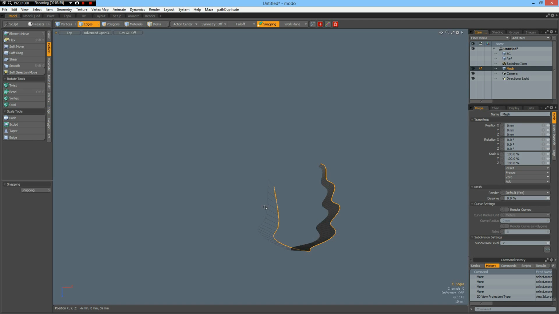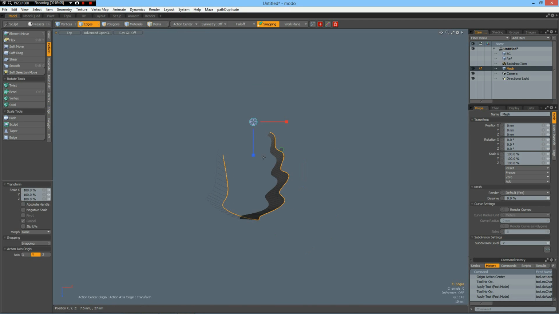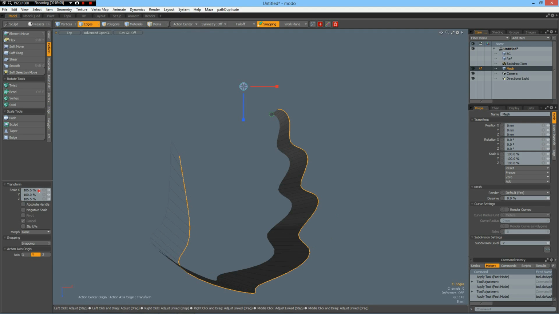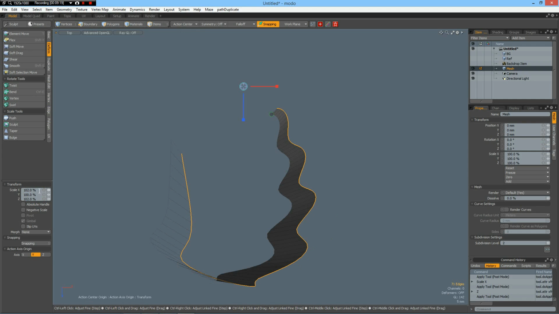Then top view, R key, but action center origin, and on the green circle bring this out. That's too much, 102, 102, and then Control V to bring the cut